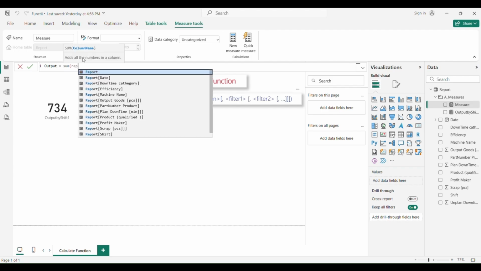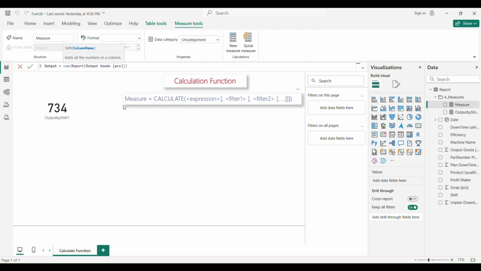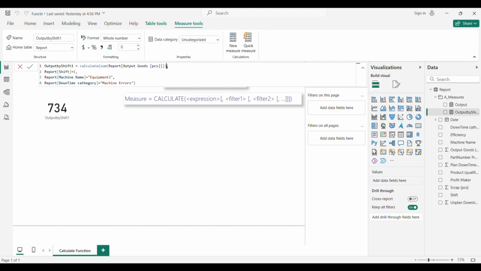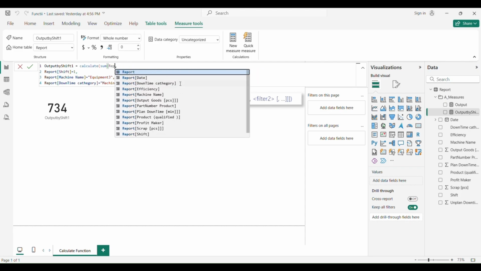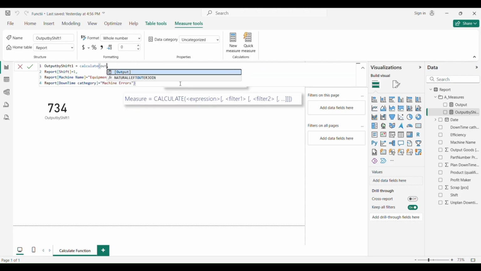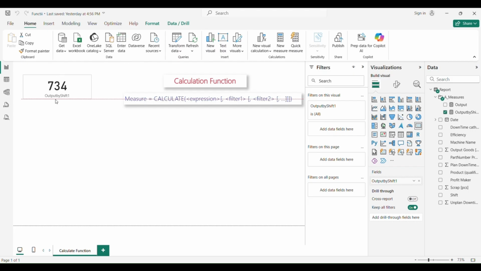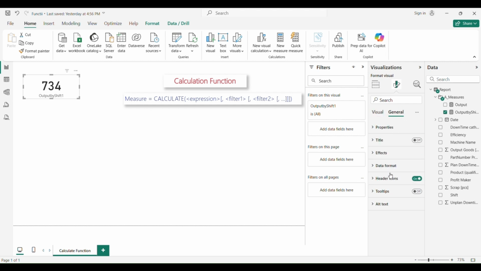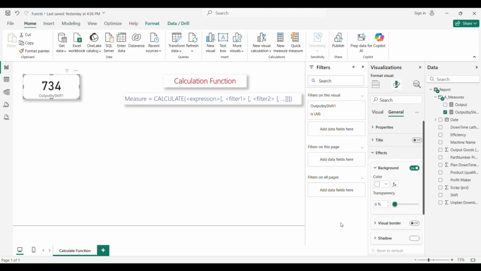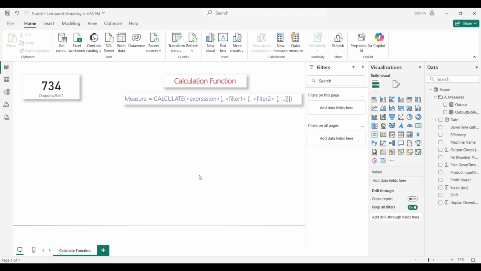I will say report output goods. And now if I go back to my initial formula and replace this with the output measure, I get the same result. You can see that nothing changed, so we get the same output. Okay, just to make it a little nicer, I'll add a shadow. And that's it.